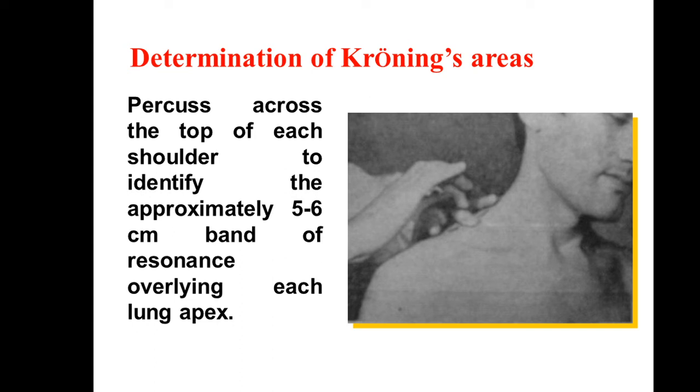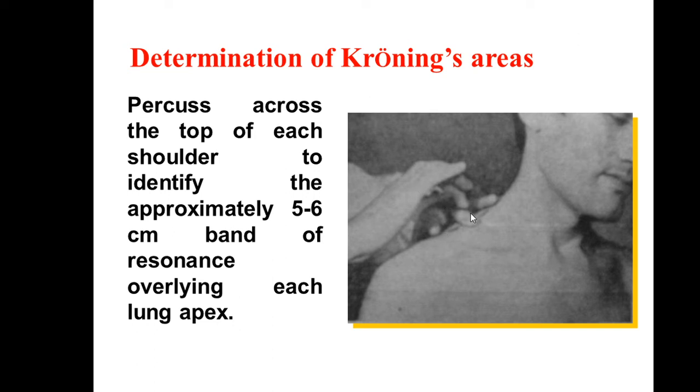Its name is Kronig's isthmus. Kronig's isthmus: percuss across the top of each shoulder to identify the approximately 5 to 6 centimeter band of resonance overlying each lung apex. To detect Kronig's isthmus, or the width of the apex of the lungs,